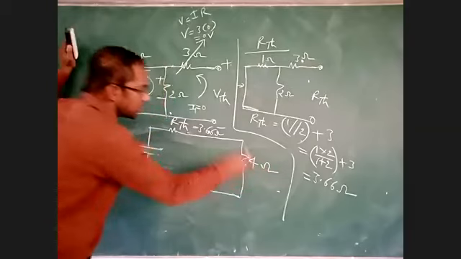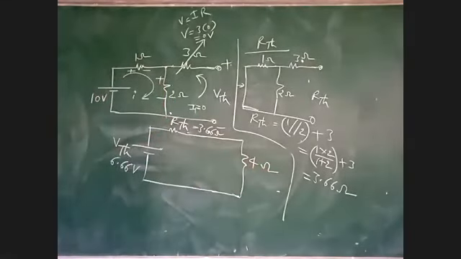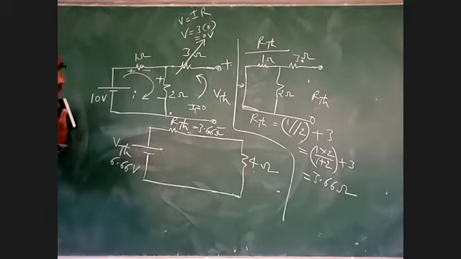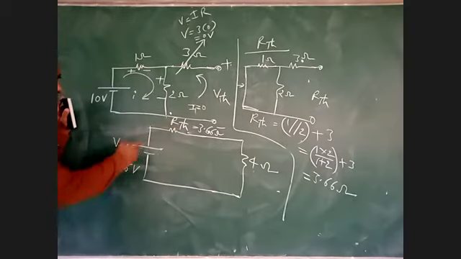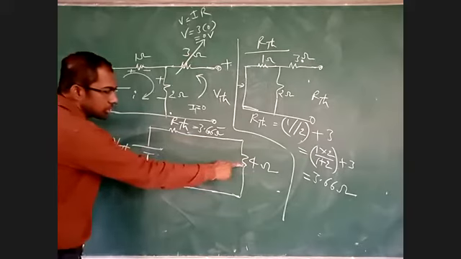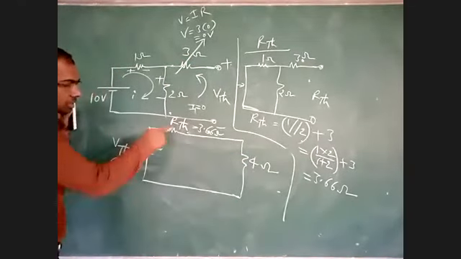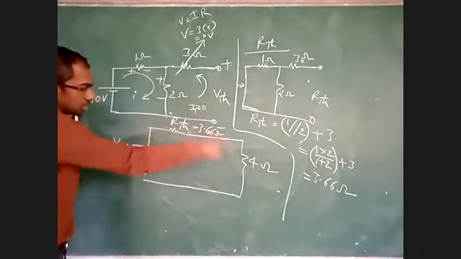In the problem, he is asking us to determine the current in 4 ohms. Now, always in source transformation, I had told, always resistance and voltage should be in series. Whatever resistance is removed, that should be in series with VTH and RTH. This 4 ohms, all are in series.